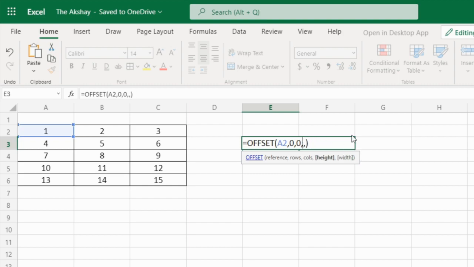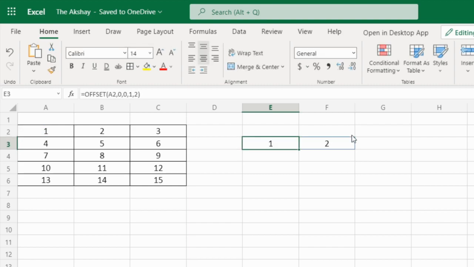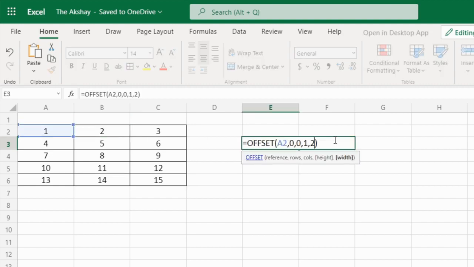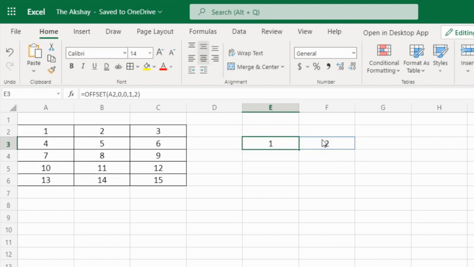Now let's change it to 1, 2. Now we have 2 cells from the same row, right? Because width is 2 and height is 1, that means total 1 row and total 2 columns. A2 and B2.